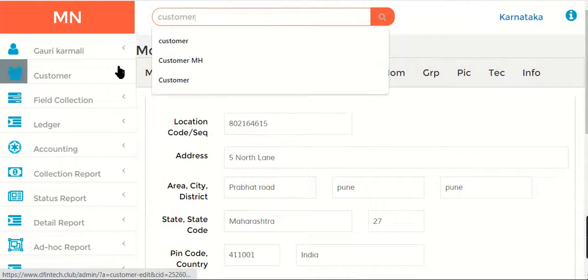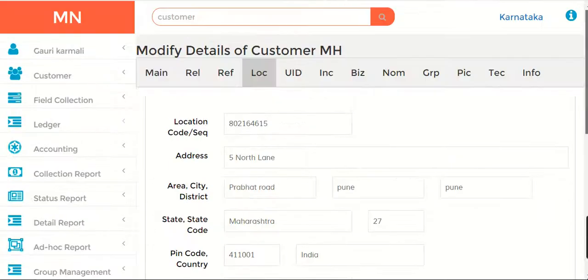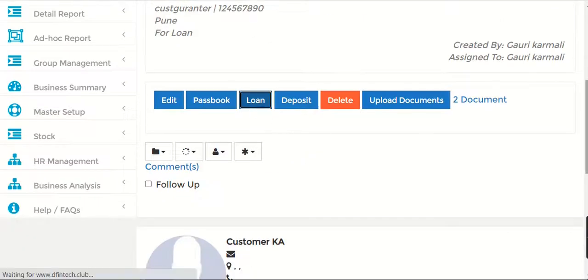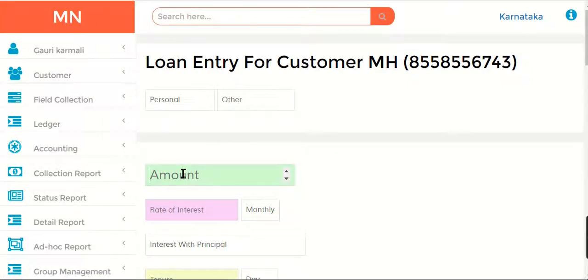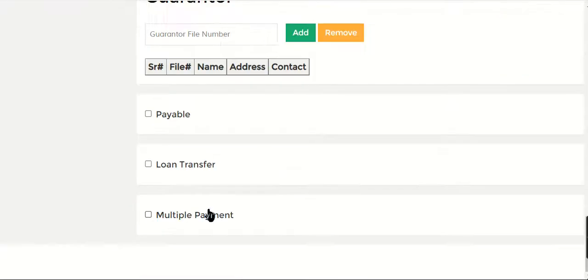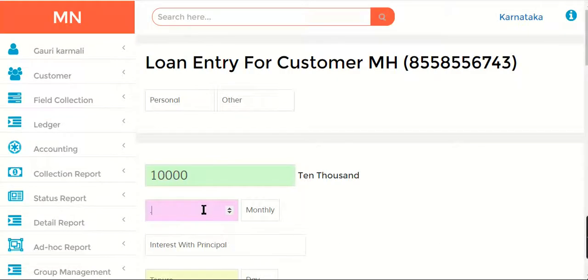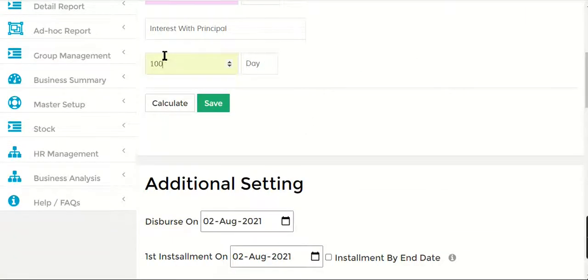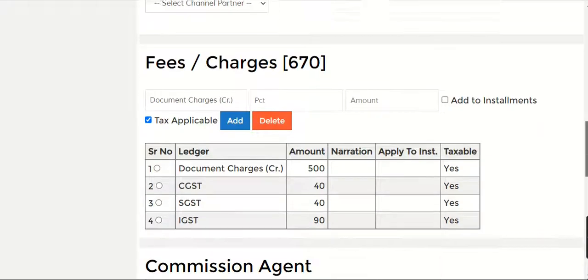So let's go ahead and create the loan now. Okay. 100 days. Okay, these are the charges.